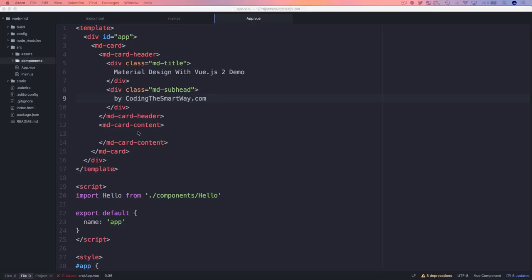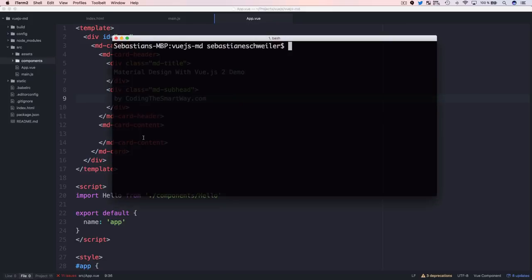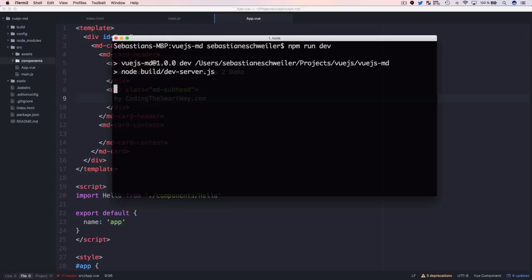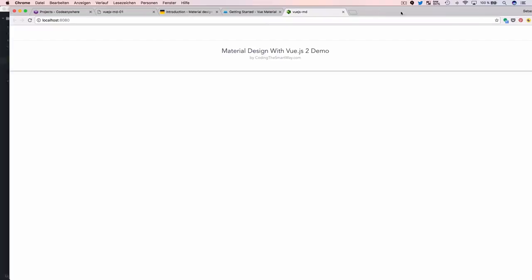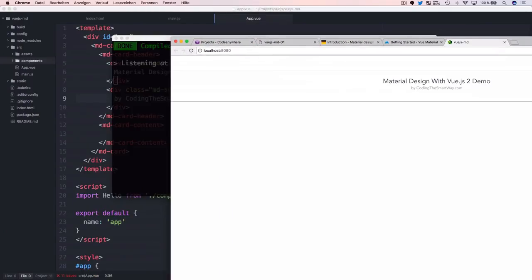Okay, before implementing the card content section here, let's switch over to the terminal again and start the development web server again, so that we can already see what's there. And you can see the application is loading again here in the browser, and now you can see here is the card layout. We already have a headline here, and we have a subheadline, and now we can arrange that window here